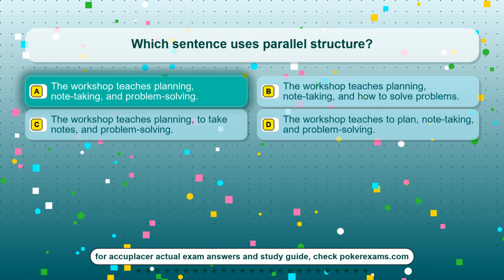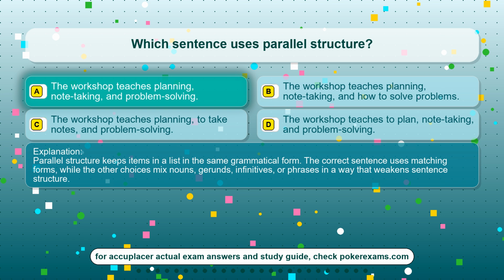The correct answer is option A. The workshop teaches planning, note-taking, and problem-solving. Parallel structure keeps items in a list in the same grammatical form. The correct sentence uses matching forms, while the other choices mix nouns, gerunds, infinitives, or phrases in a way that